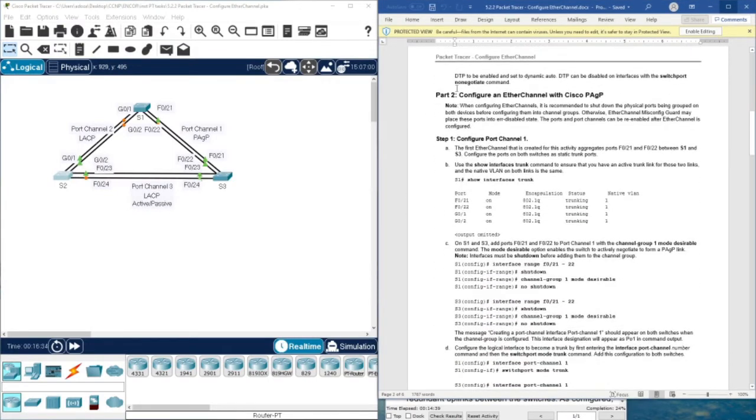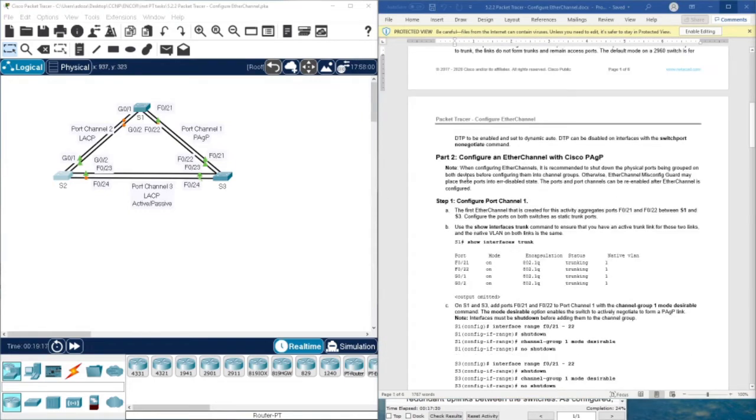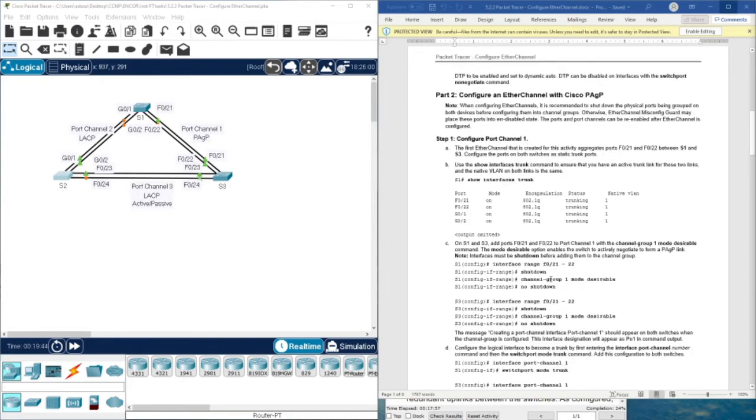Now let's move forward to part 2. In part 2 we are going to configure a Port Aggregation Protocol EtherChannel between these two devices, I mean S1 and S3. So what we have here is FastEthernet 0/21 and FastEthernet 0/22 from S1, and from S3 we have FastEthernet 0/21 and FastEthernet 0/22 as well. Okay, so what we are going to do is first shut down